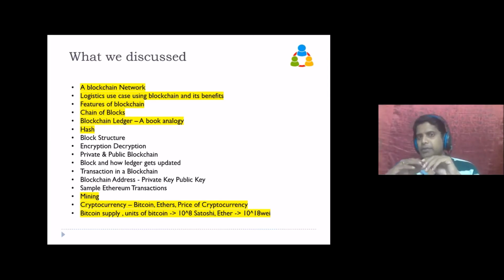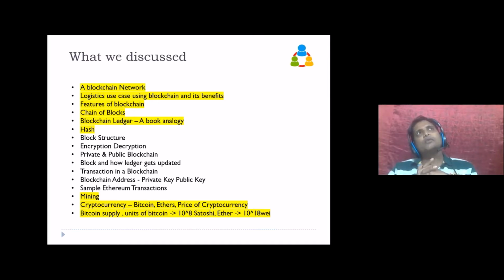Then we talked about what is a hash, and then we also saw a block structure, how data is residing inside a block, how transactions are stored inside a block. We also talked about the various encryption and decryption mechanisms, cipher key. We also talked about private and public blockchains, and